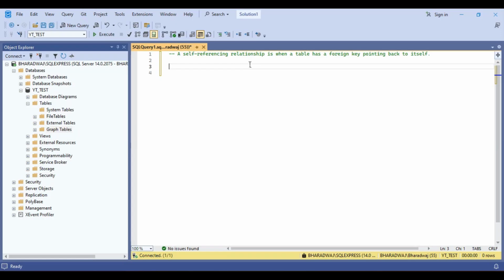So now let's go with the example query, right? Let's see this with a very simple example of a self-referencing relationship. First, let me go with here YT test. This is the name of the database. This is fine. So let's create